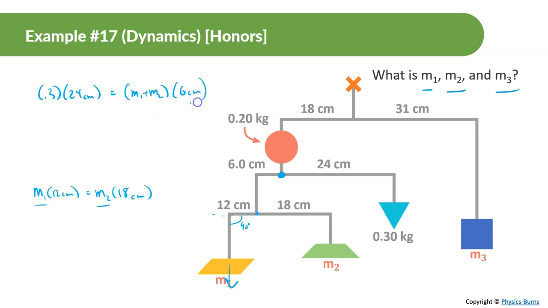Okay? And then let's find what M1 plus M2 is equal to. I'm going to do 24 times 0.3 divided by 6. And then I get